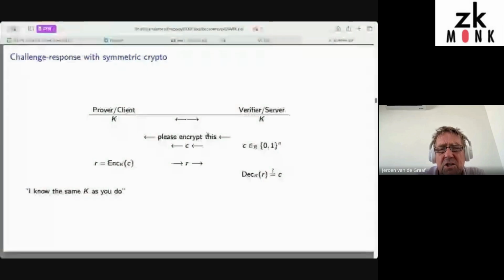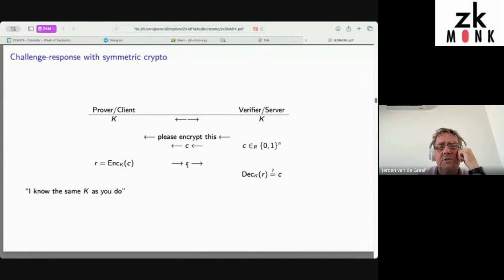So the challenge that the server asks the client is to encrypt it, using the secret key K. So this is what the client does. The client computes the encryption of the challenge using the secret key K,